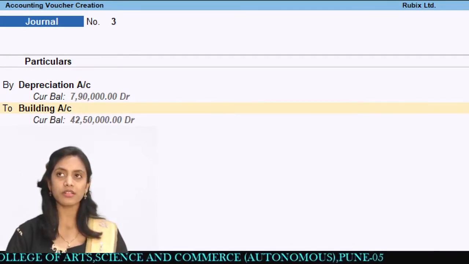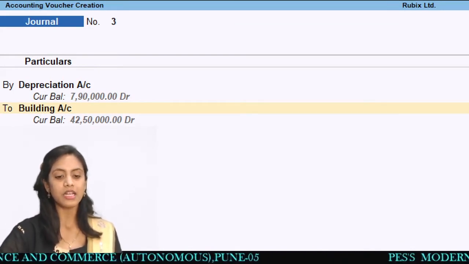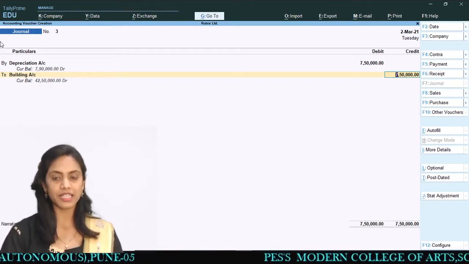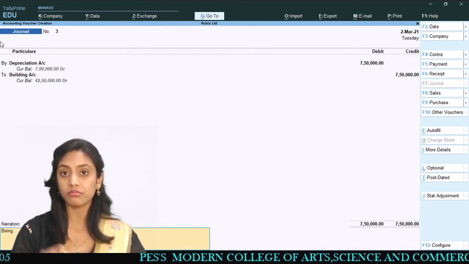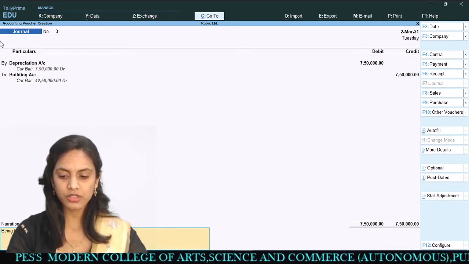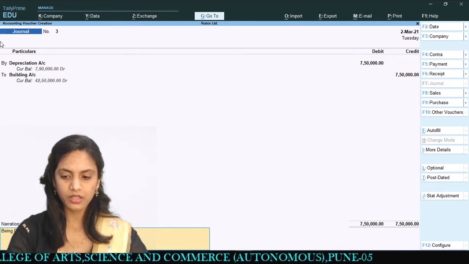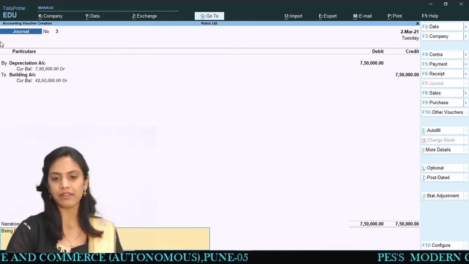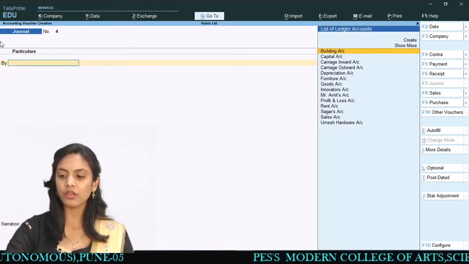Okay. So you can see the balance of the building account. Previously, it was something like 54,000, and when you provide depreciation at 15%, whatever was given to you in that transaction, automatically your WDV is there. So likewise, Tally helps you a lot in giving the total balances over here. So being depreciation provided on building at 15%. Just for the sake of example, I have taken this one. Okay, just accept this. Likewise, we have done with this one also.